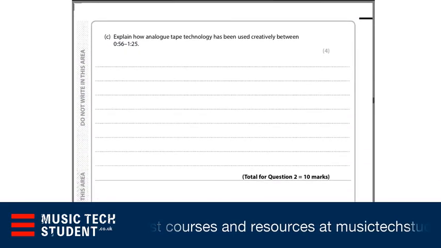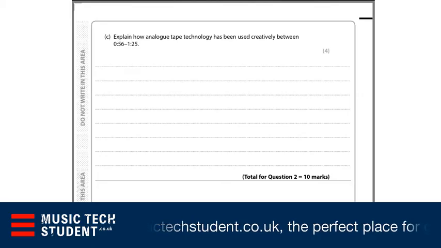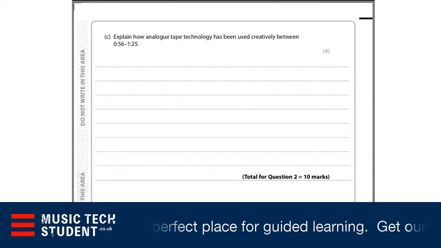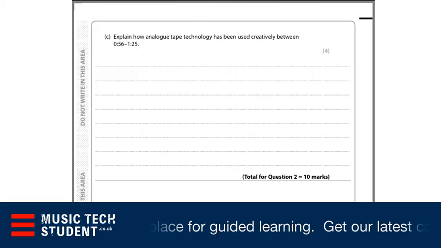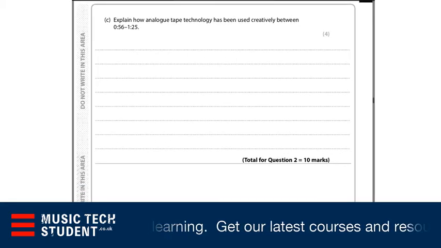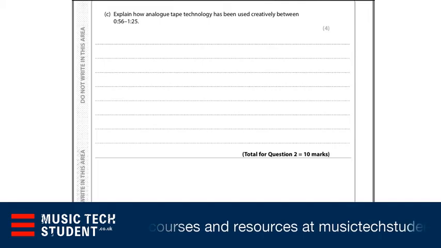So in question 2, as you can see straight away, they are a lot more complex. There's only 3 questions for this one, worth 10 marks, but they are asking you to identify your knowledge, or they're looking for you to be able to say, right, I know how this stuff works, and they're giving you an opportunity to show them the information that you know is correct and viable. Try and be concise, try not to waffle on. The worst thing you can do is waffle on, and sometimes I say to my students, right, if you need to write in